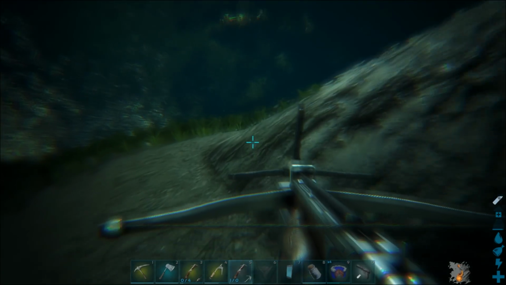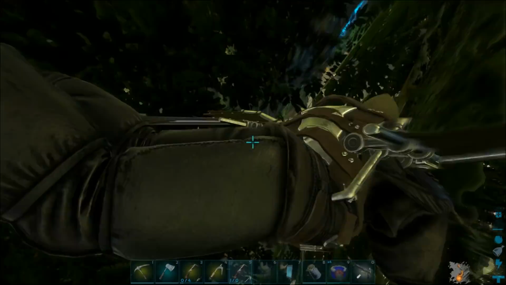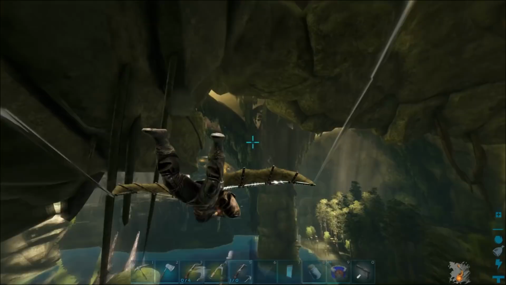So let's try that one more time. I'll see if I can manage to pull it off and not dive bomb into the water here. All right, here we are. Now we're nice and high and we're getting a good glide going. So if we dive bomb like so and then look up